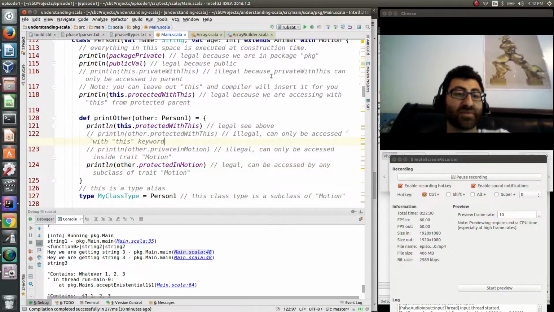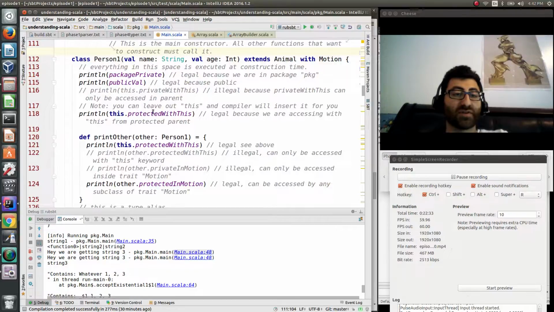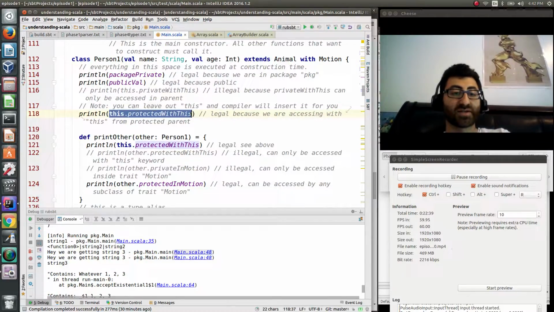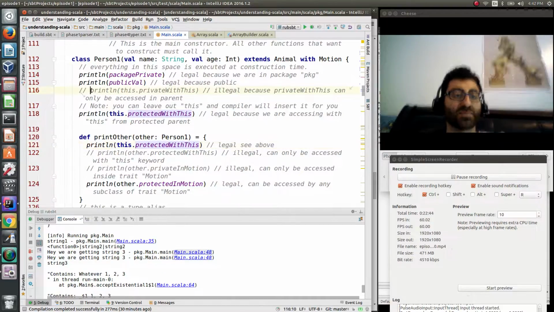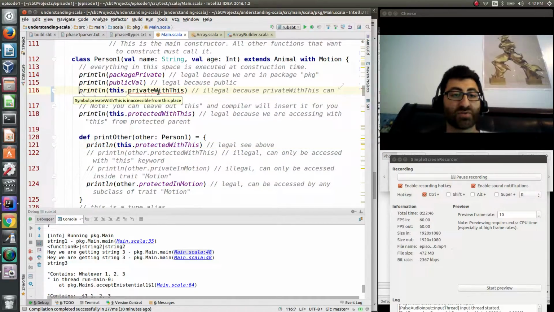We can see that some things work and some things don't. Like if you have something that is package private, that works, public works, protected works. You can have protected with this or private with this. Oh yeah, protected with this works, but private with this won't. So this value is